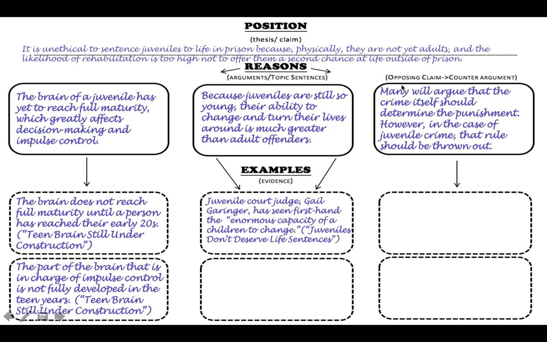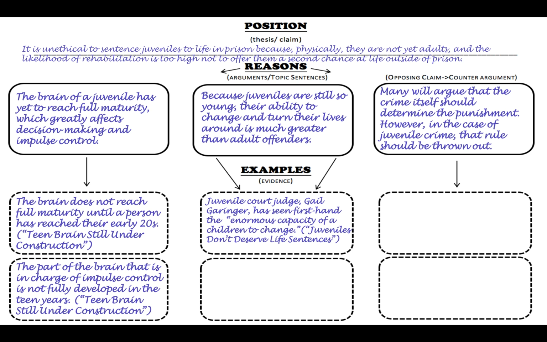An opposing claim would be, many argue that the crime itself should determine the punishment. So the point here is that the age has nothing to do with the punishment, but the crime is the only thing that people should consider. That is what an opposing claim could sound like that opposes my main argument. Now, here's my counter argument. In the case of juvenile crime, that rule should be thrown out. And of course, the point being here that the person who committed the crime is a juvenile, and there are so many factors that should get in the way of saying this kid is bad,